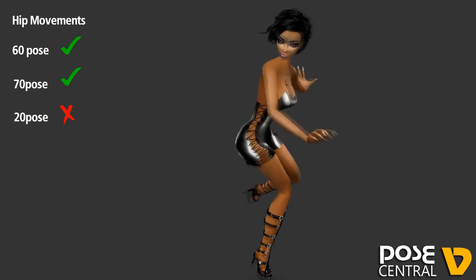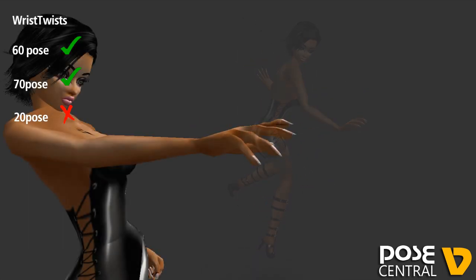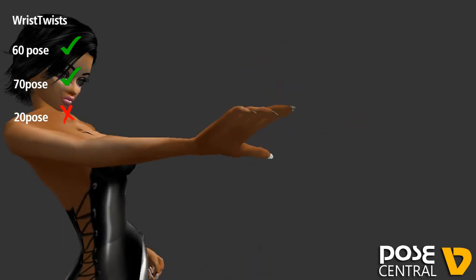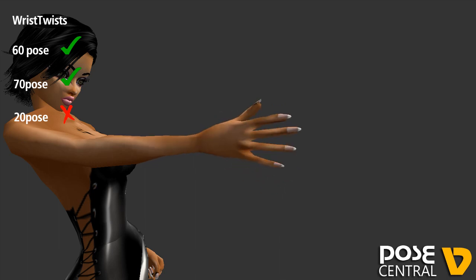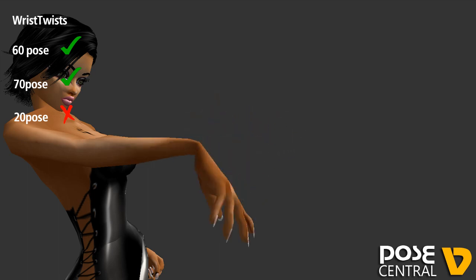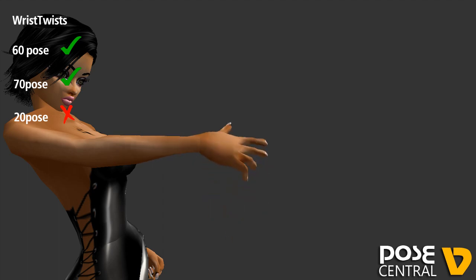One of the biggest ones is the wrist twists. Now, you've got the wrist twist which twists sideways, but then once you twist it into a position, then you can use the normal wrist movements. So in actual fact, you're getting all these wrist twists, but then you've got 9 wrist movements with it, so it multiplies to something like 80 wrist positions, which is pretty incredible, and helps a lot when you're doing certain